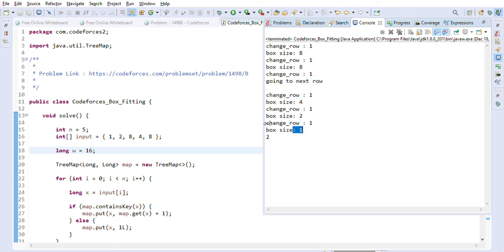So this is how we have chosen to put the rectangles into the box, to optimize in the way to minimize the height. We have to keep the minimum height, and the way to keep minimum height is to use the maximum boxes for the width that we have left.